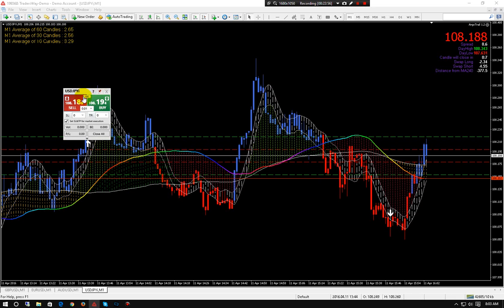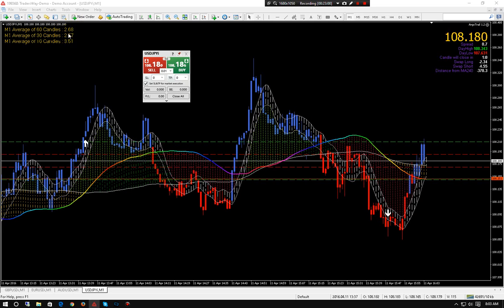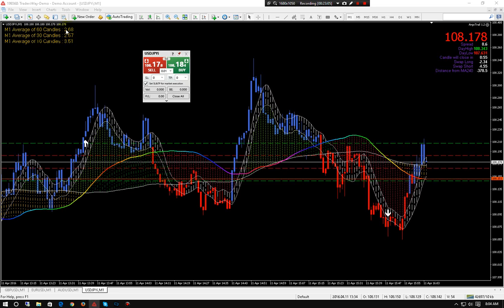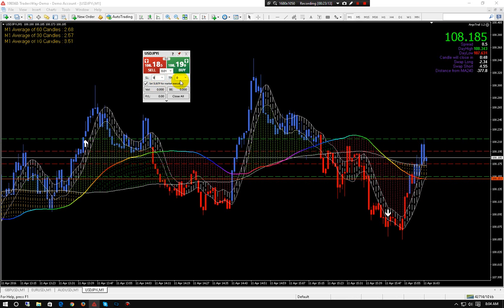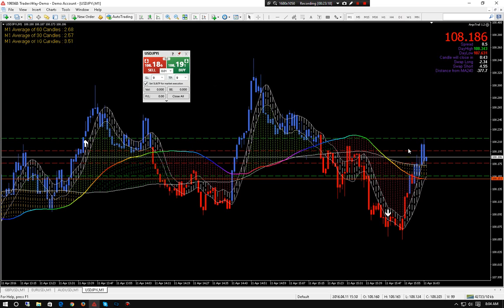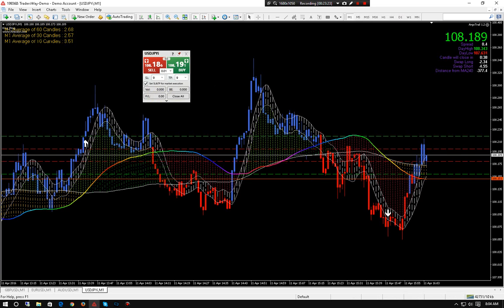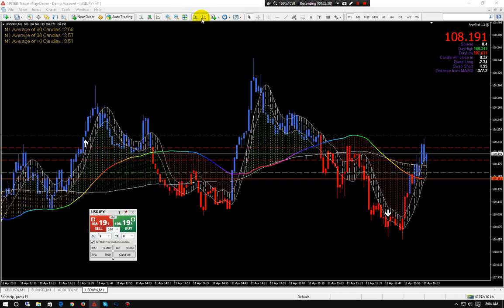Okay, so let's get this one set up real quick. 2.6, 2.5, and 3.2. So this one's a little bit harder because we got a 1 pip difference between the two. So 3, 4, 5, 7, 3. I would say 3.5, double that. That's 6, 7. Go with 9. Again, you'll get the feel for setting the take profit and stop loss. If you're getting stopped out too much, send me your trades, post them to the forums, and we'll talk about what your take profit and stop loss was. Move this out of the way. Let's mark our chart. Is there anything we should be looking for?